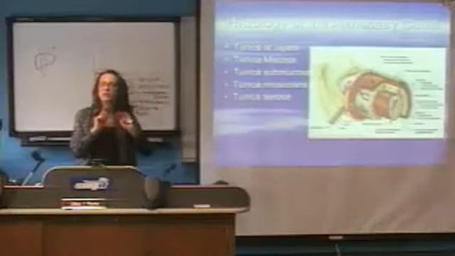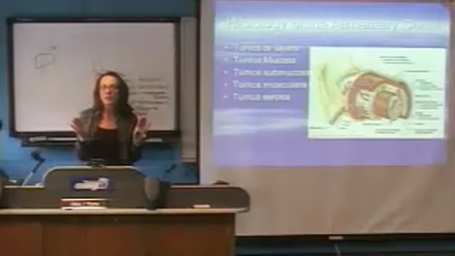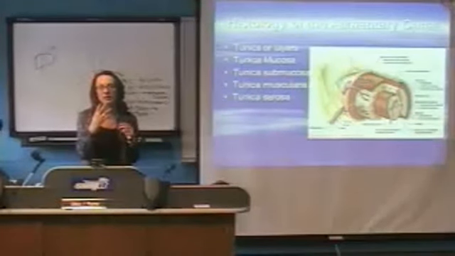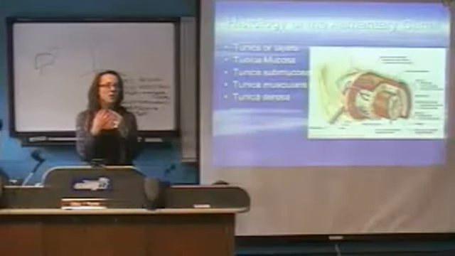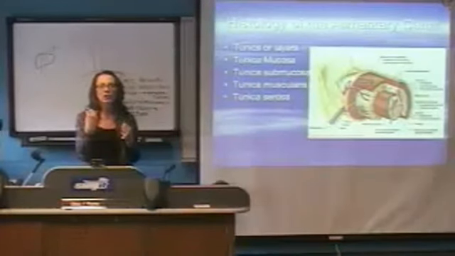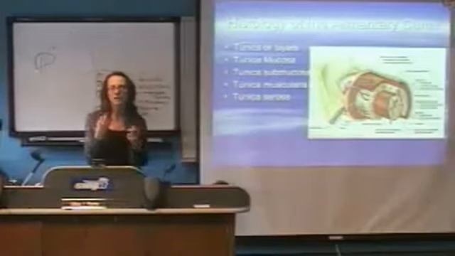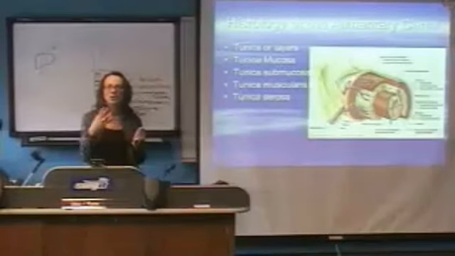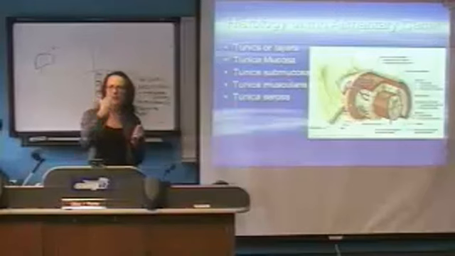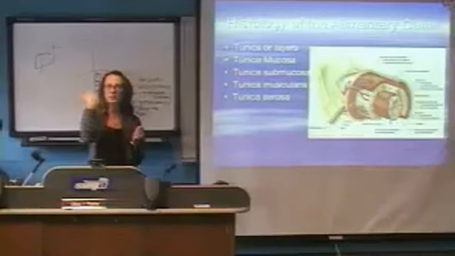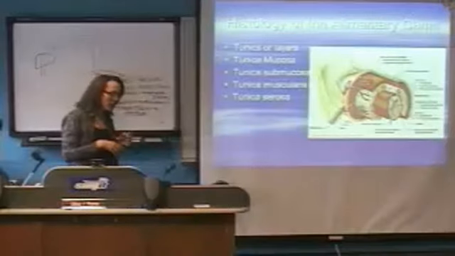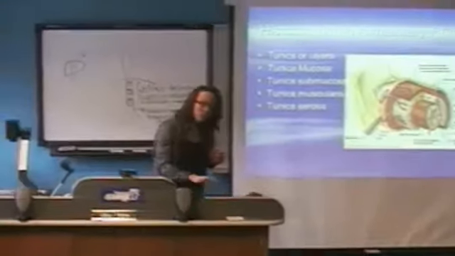The inside of the tube is open to the external environment. We bring in foodstuffs. Interestingly enough, we also bring in infectious microorganisms, right? We've got to fight off. And the GI tract is a huge component of our immune system, which I'll talk about in a little bit. Okay, so the inside of that tube is exposed to the external environment, and then we have layers upon layers upon layers outside of that. The innermost layer,